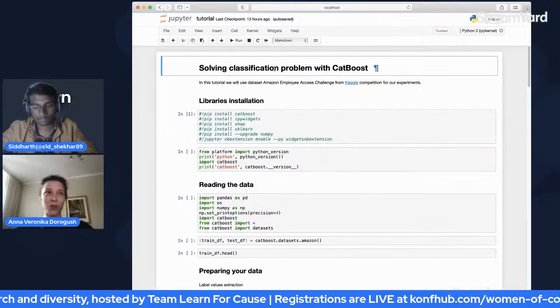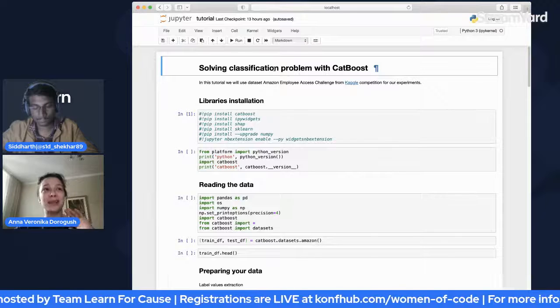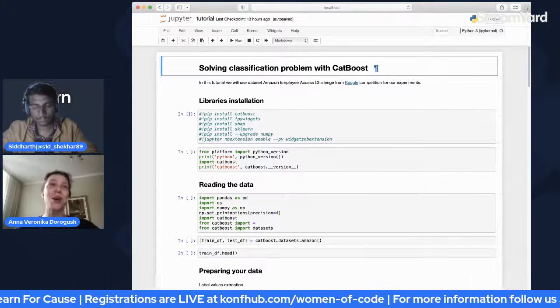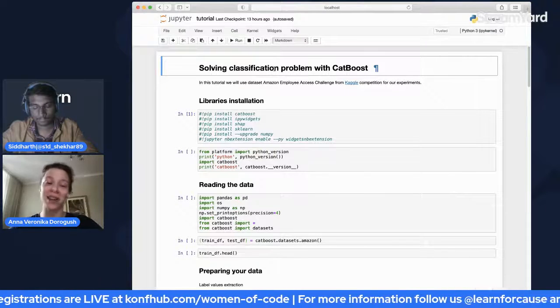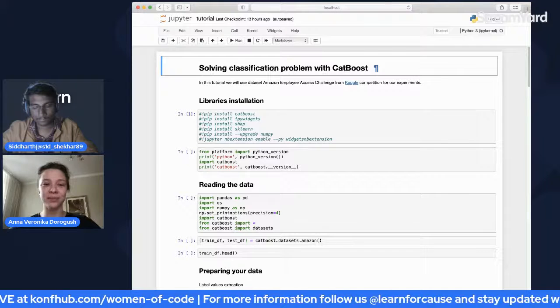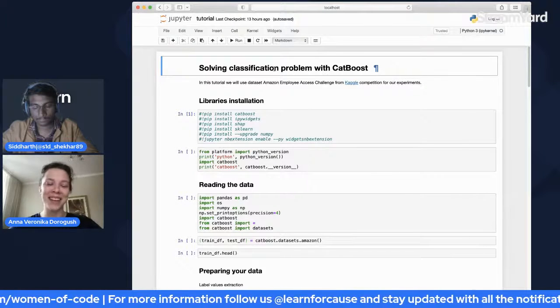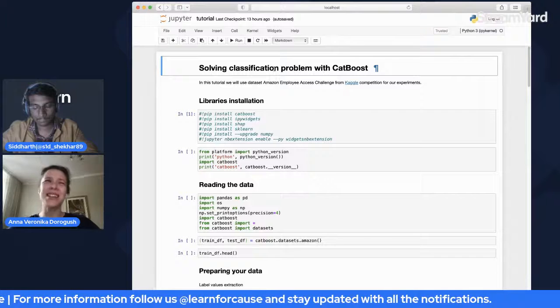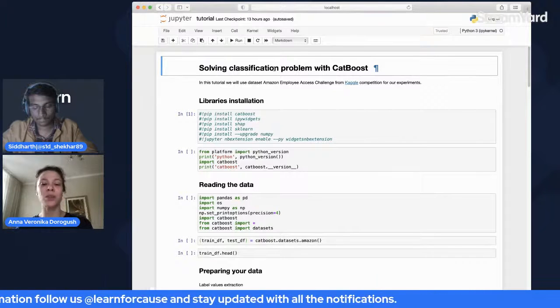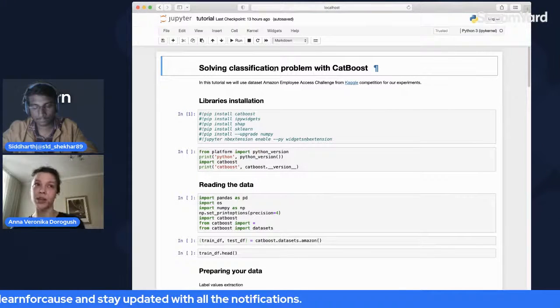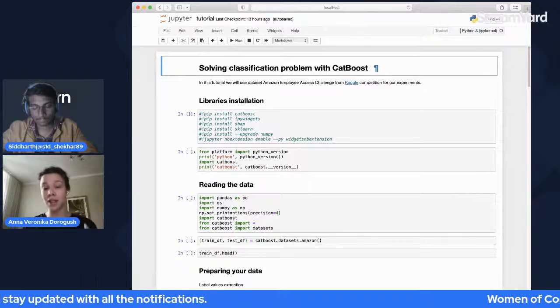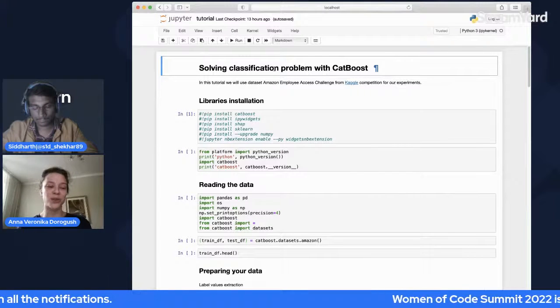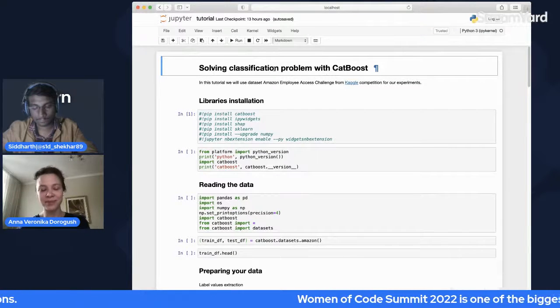Now this is a tutorial that will show you a simple example of how to run CatBoost on a data set. Basically, it's very easy. You can do it with CatBoost. You also can do it with other gradient boosting libraries, and I strongly suggest you try all of them.